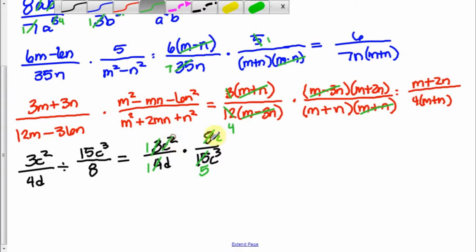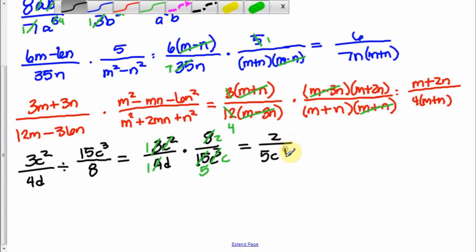C squared goes into C cubed and leaves you with a C to the first. And I think that's it. If I miss something, I'll catch it in a second when I write this over. So 1 times 2 is 2 over 1 times D times 5 times C. So that would be